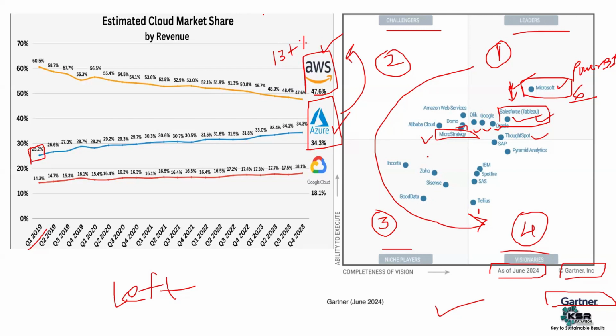If you want to connect multiple sources, you can connect multiple sources which are available in Azure, not in AWS, not in Google Cloud, because Azure is a product of Microsoft. Even Power BI is a product of Microsoft. It is very easy to use the connection between Azure and Power BI rather than using other cloud services.